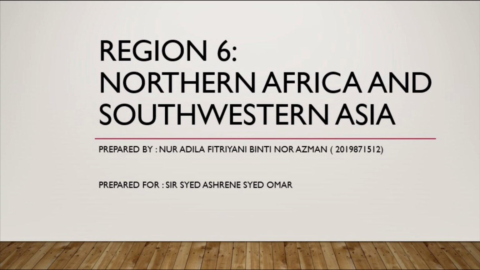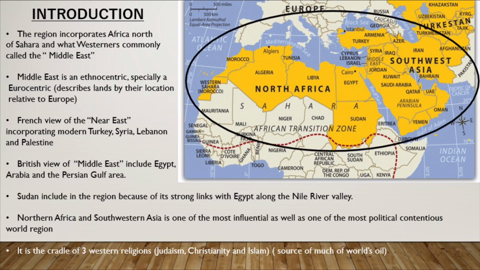So today I will present about the introduction, climates and also environmental problems in region 6, which is Northern Africa and Southwest Asia. Okay, in the first slide we can see the maps. The map consists of Morocco, Algeria, Tunisia, Libya, Egypt, Sudan, Yemen, Oman, Saudi Arabia, Kuwait, Iran, Iraq, Syria and Turkey, and also Jordan. For the introduction, the world region incorporates Africa north of the Sahara and what Westerners commonly